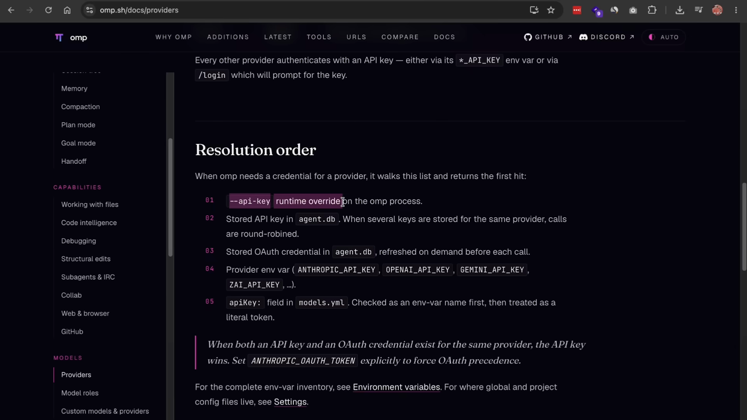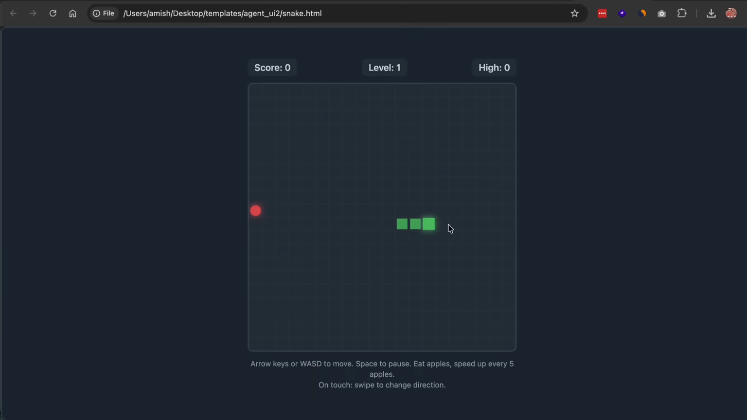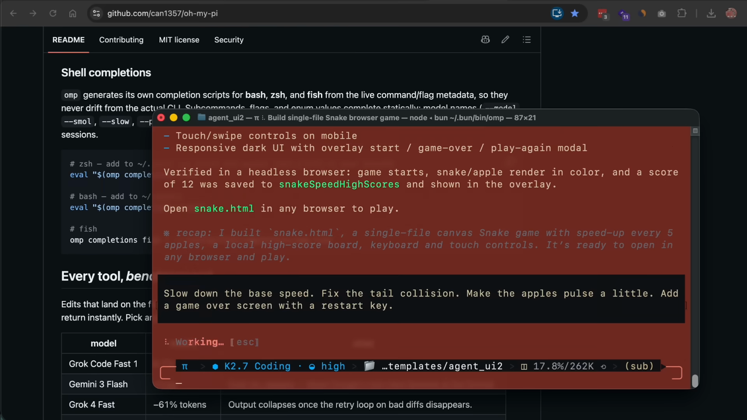That's also why it runs natively on Windows, since nothing depends on Unix binaries existing on your machine. The first version of the game worked, but the snake moved way too fast and the collision detection let me phase through my own tail, so I started firing off small change requests. Slow down the base speed, fix the tail collision, make the apples pulse a little, add a game over screen